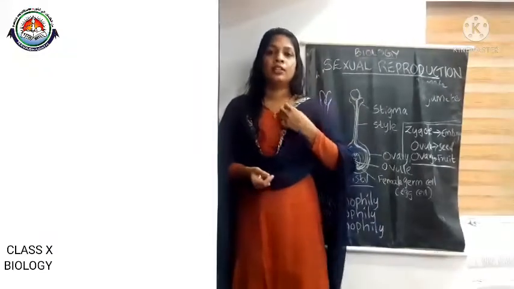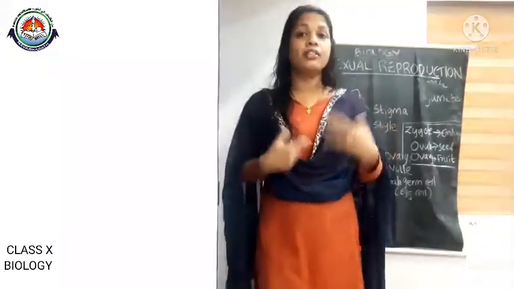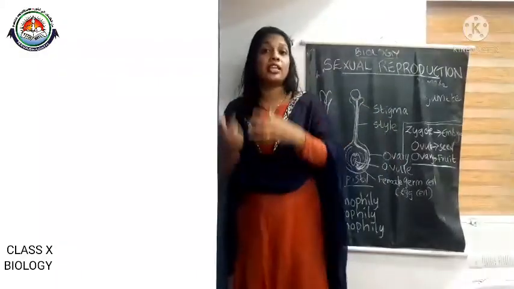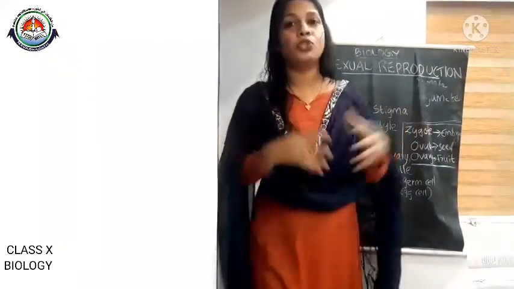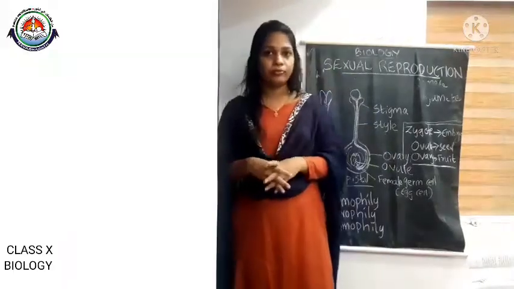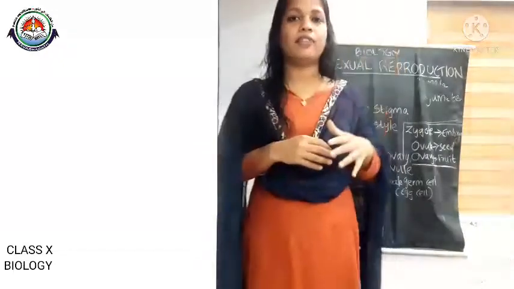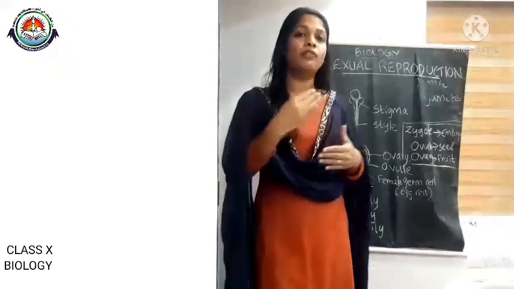In animals and in human beings, sexual intercourse or mating results in the fusion of male and female gametes. So these are the things that we have discussed in our live class, and the rest of the portion will be taken in our